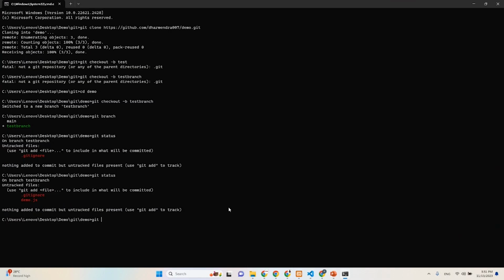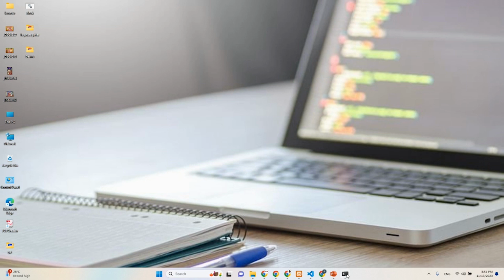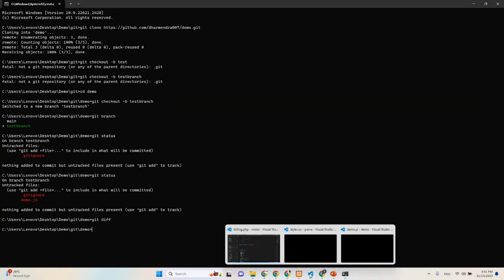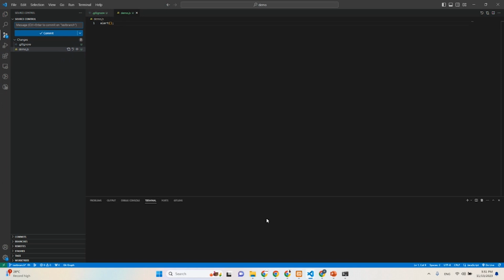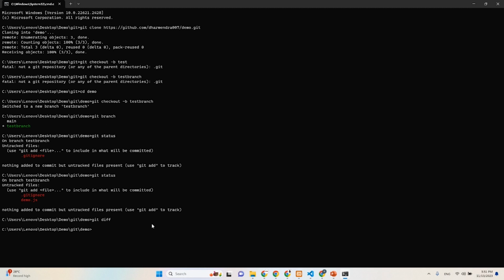There is one command, git diff, you can write. It won't show anything here, but this will show you the difference. You can use the VS Code terminal to write git diff. It's not showing because we haven't pushed the code yet. That's fine. Now if you go and push the code, there is one command to add these